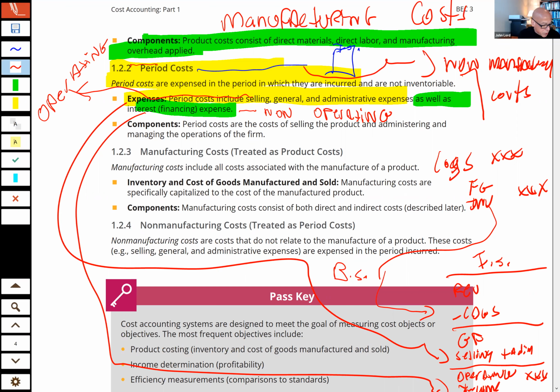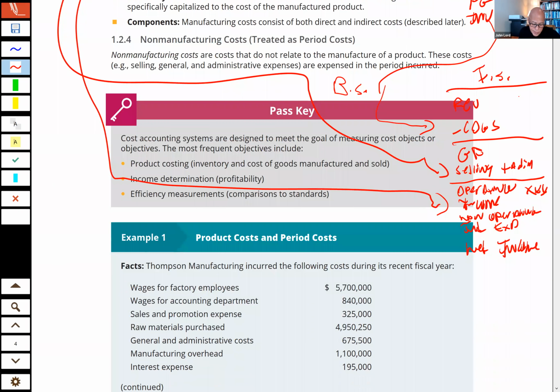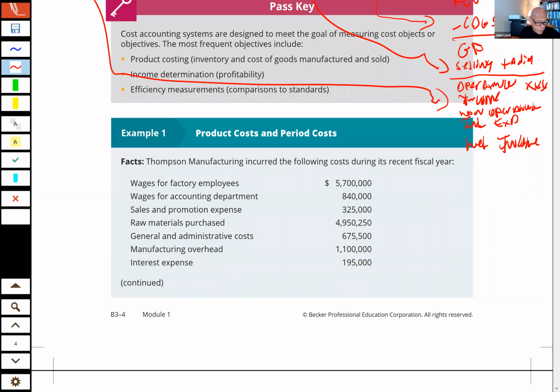Okay, question. All right, good. So with that largely definitional discussion, I mean, they put some numbers on it, but can we call out these costs for whether they are period or product costs? So it gets a little hard because they both start with a P. So we'll use PRO for product, and PER for period.